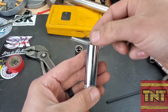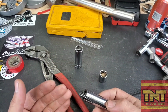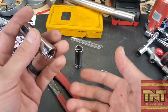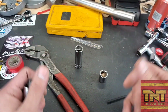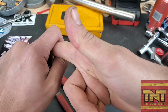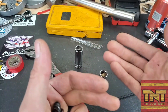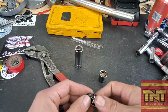And like the entire bolt disappears into that socket. So you would think that's almost not too big of a deal, but if you're an electrician, or in some parts of the automotive world, and I'm sure other mechanical fields, you're trying to push a bolt into a hole that maybe has a rubber gasket on the backside,